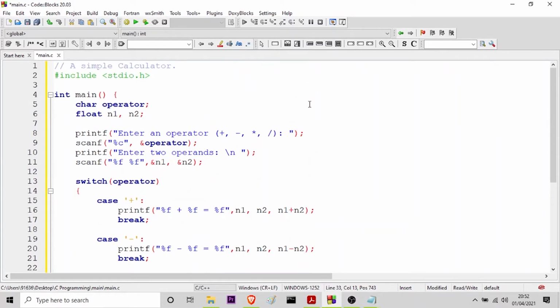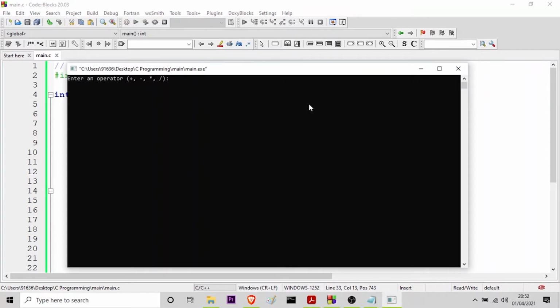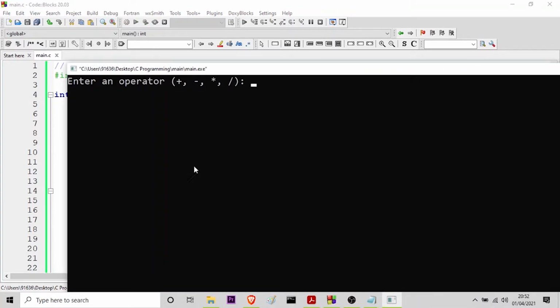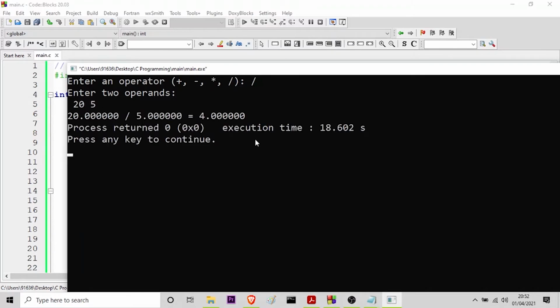So let us run this program so that we can check whether it is working properly or not. I'm pressing F9 and I'm running it. You can see, let the operator be divide and press enter. It is asking me for the two operands now. Let me give 20 and then I will give 5 and press enter. You can see it is dividing 20 by 5 here and it is printing the result, which is 4. So 5 4s are 20. The answer is correct, so it is working right.